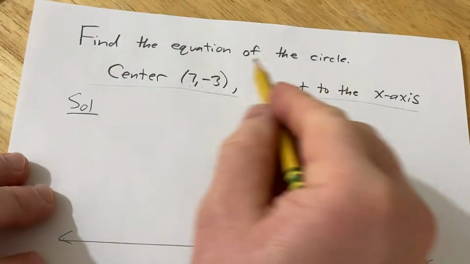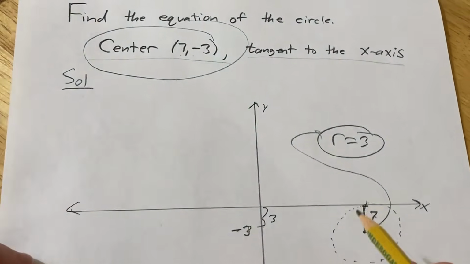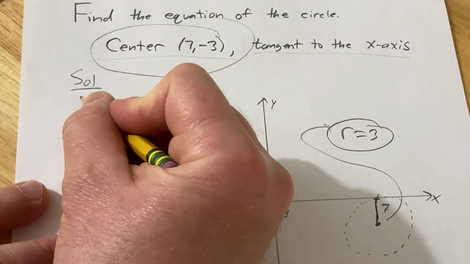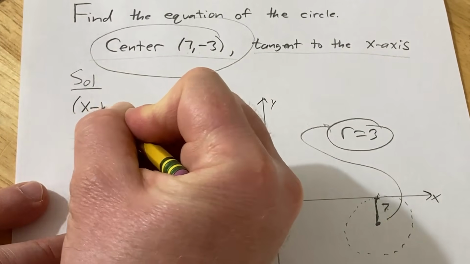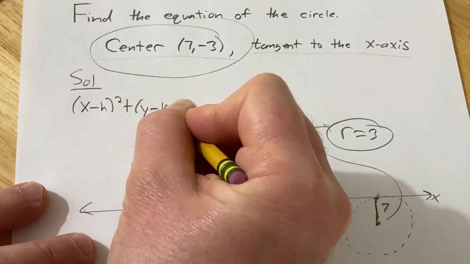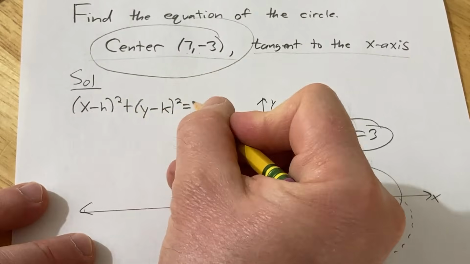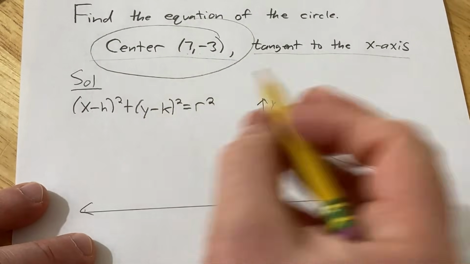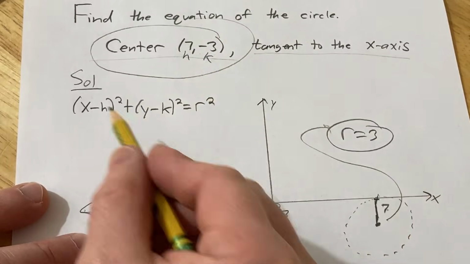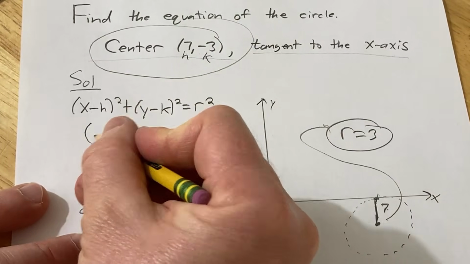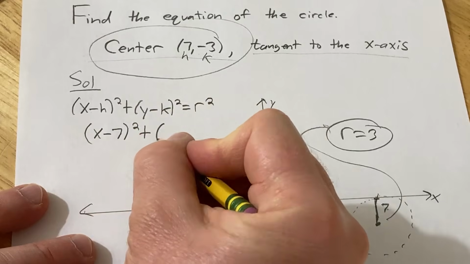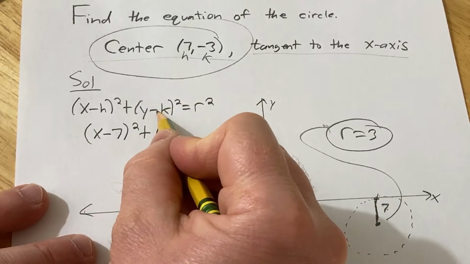So now we have the radius, we were given the center, so now we can use the equation of a circle. Recall that the equation of a circle is given by the following formula. It's (x minus h) squared plus (y minus k) squared equals r squared. All right, so now we just plug everything in. This is your h and this is your k. So this will be (x minus 7) squared plus (y, and then it's minus a negative